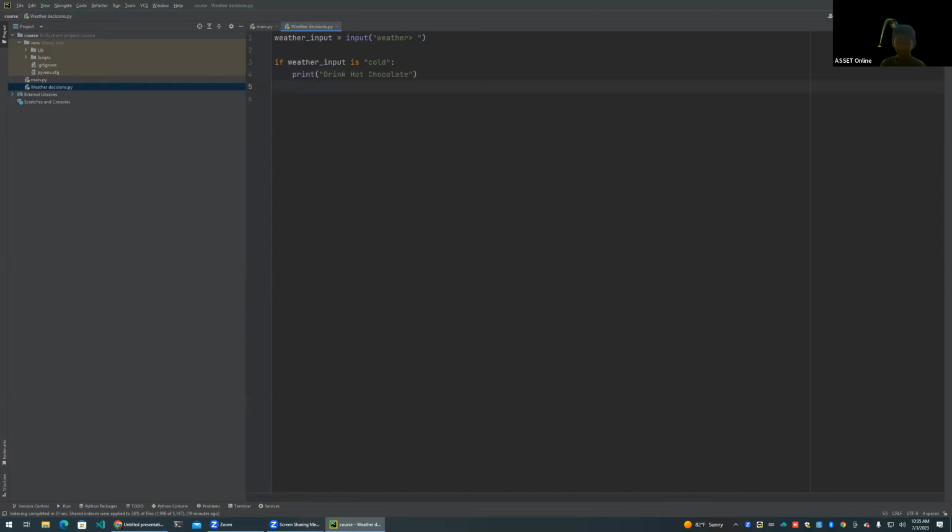But if it's hot outside, so else, there's a feature in Python that I really like. You don't need to hit backspace as soon as you have indentation. You can just write else colon. As soon as you write the colon, it's just going to shift back. And then else, if it's cold outside, then we want to do print